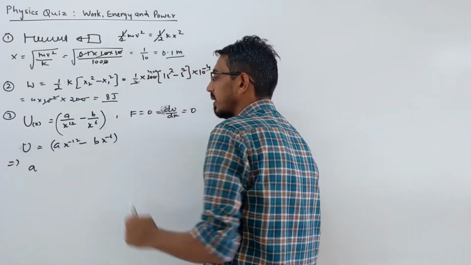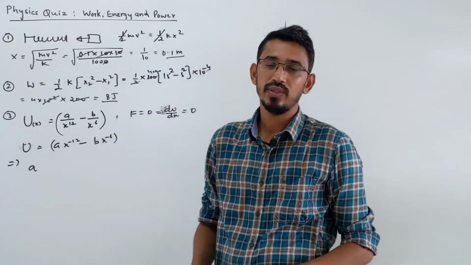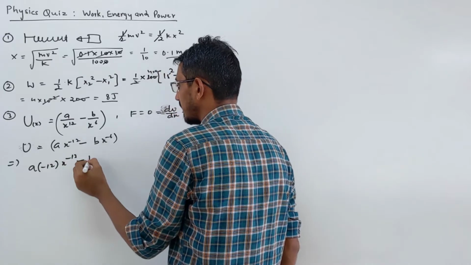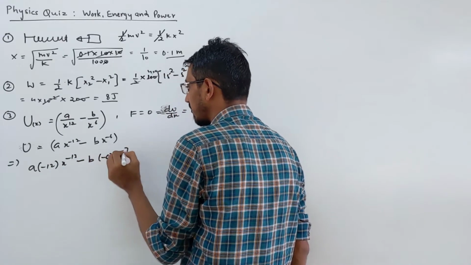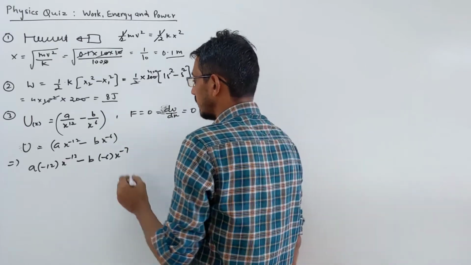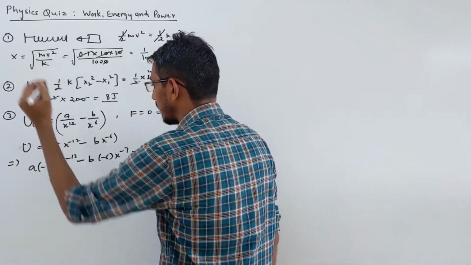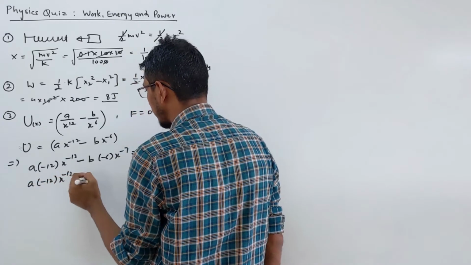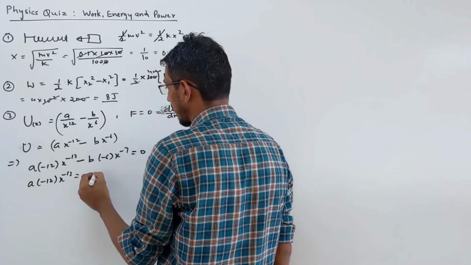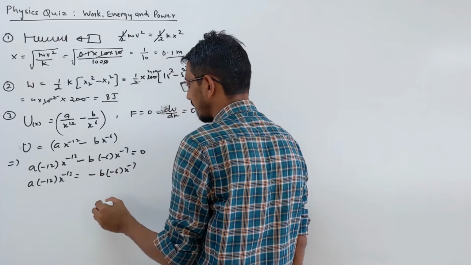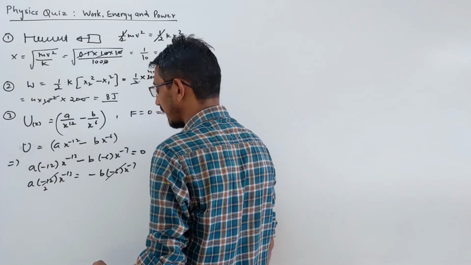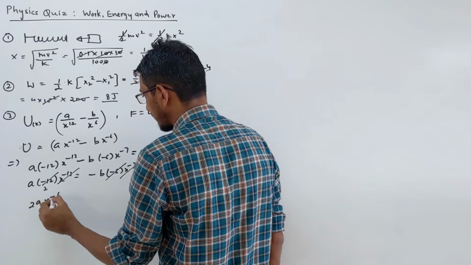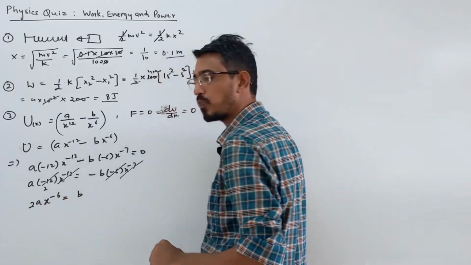A remains the same. Differentiation of x power minus 12: you know that minus 12 comes here and x power becomes minus 13. Same way here, minus B, minus 6 comes here, x power minus 7, that is n minus 1, right? So this is all equal to 0. You can move a term to the other side if you want. So A times minus 12 x power minus 13, this term is positive, goes to the other side, becomes negative, minus B times 6 x power minus 7. Let's cancel this term; this goes twice, so cancel the power here. We get 2A and x power minus 6 remaining equal to simply B, correct.